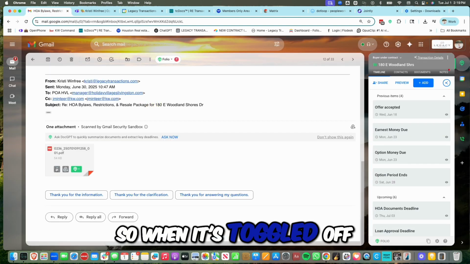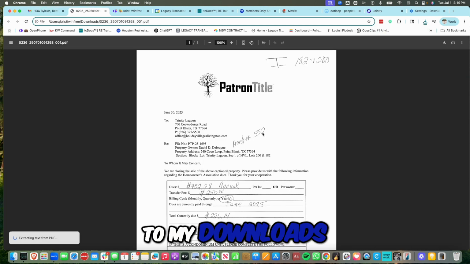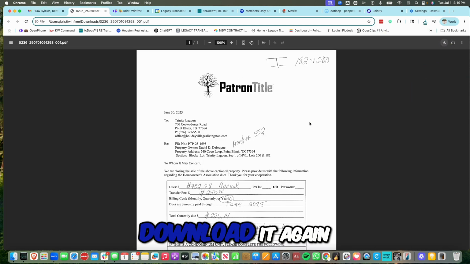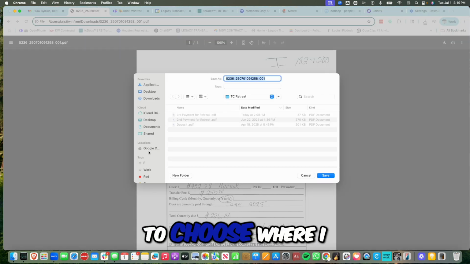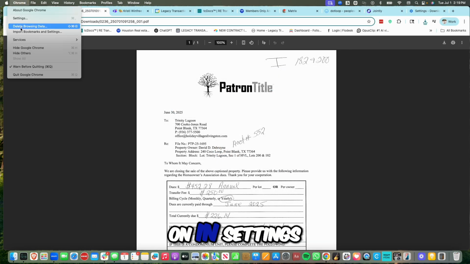So when it's toggled off, when I download this attachment, it downloads and then it goes to my downloads. I have to open it in order to download it again and then be able to choose where I want it to go to. Now, when you toggle that on in settings,